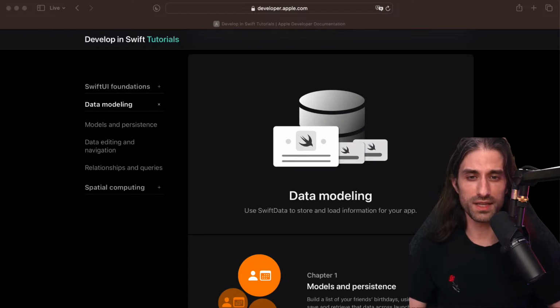Swift Data got its first official stable release in September, if I remember correctly, because it was shipped as part of iOS 17. And actually, a few weeks ago, I think 2 weeks ago, something like that, Apple released a series of new tutorials on how to get started with Swift, and I saw that there was one full chapter about how to get started with Swift Data. So I figured this is the perfect way to talk about this framework during a live stream.